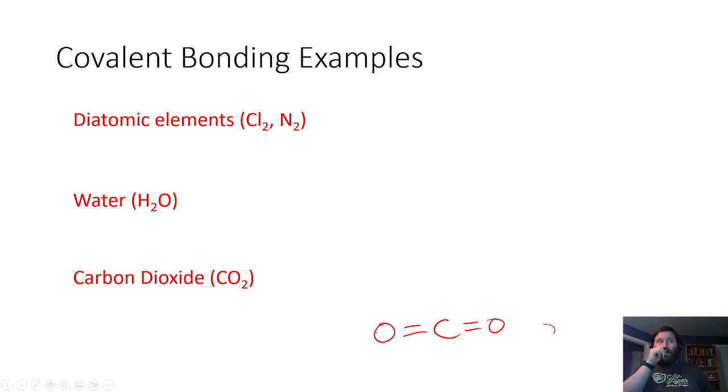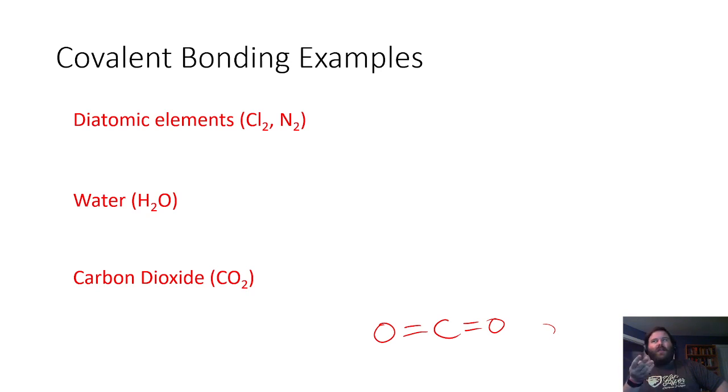Alright, so those are your examples. Basically, once again, the things you need to know about covalent bonds are: how are they made? They're made by sharing electrons. What makes them? Two nonmetals. And how do you write out the formulas? And that will be